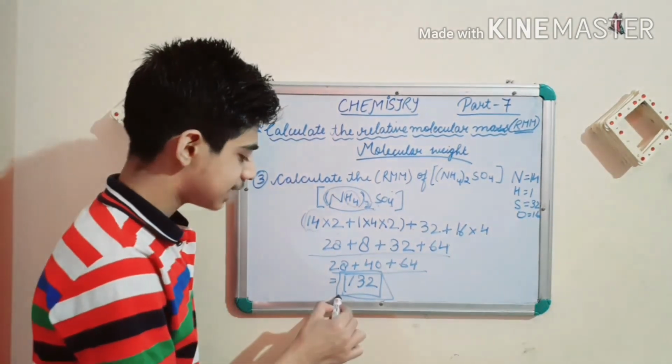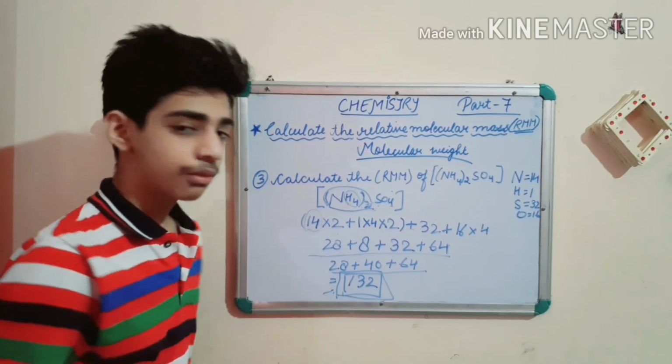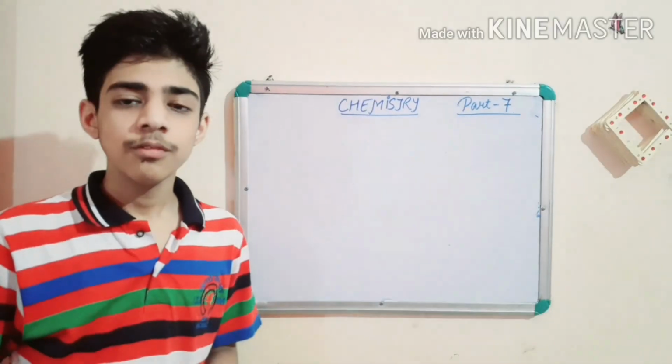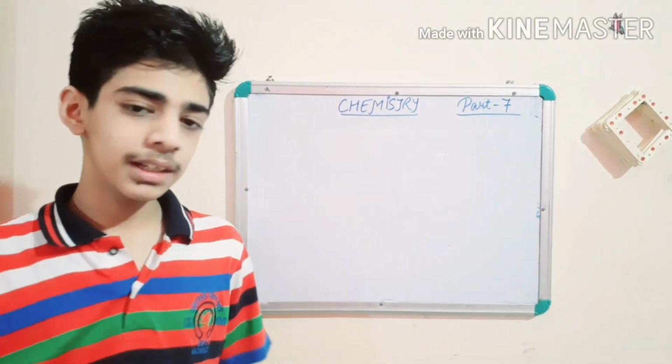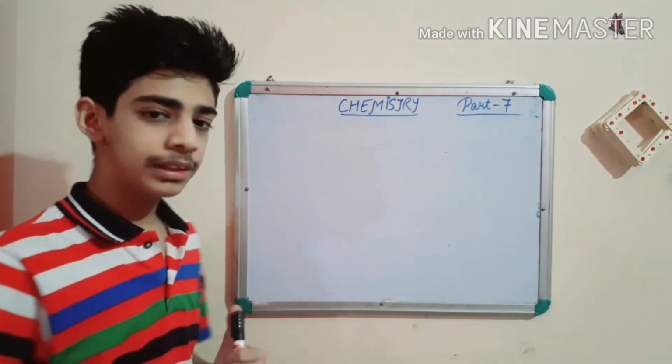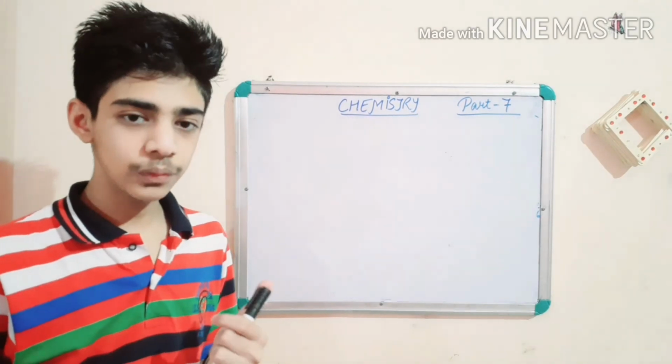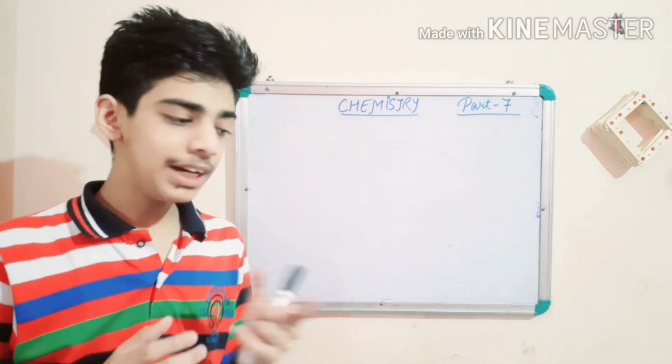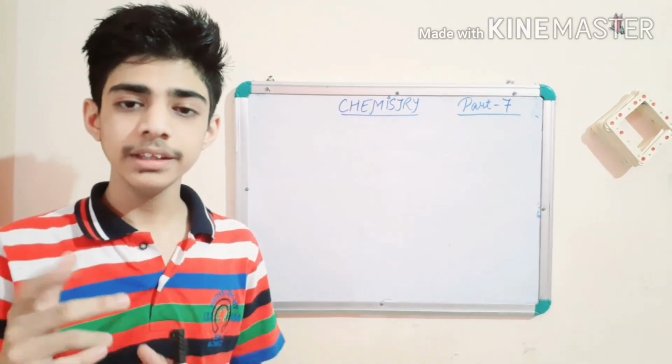So guys, this is the last example I have told you. For today, I think it's over, because the next topic, percentage composition, is somewhat lengthy. So I have made clear what is relative molecular mass or molecular weight. First you practice that. I will let you know what is percentage composition in the next class.